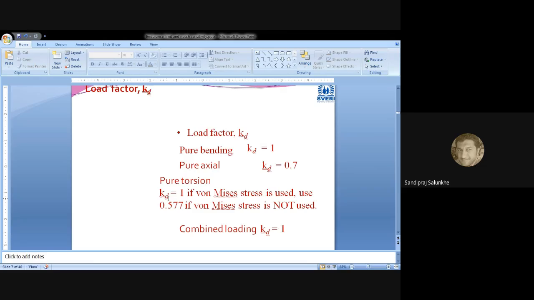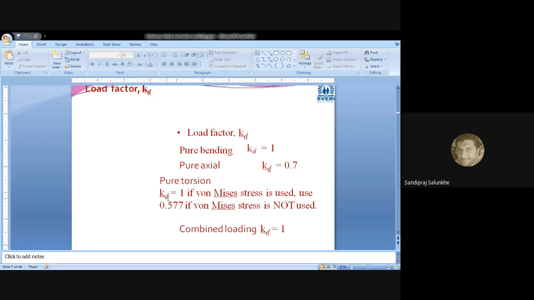Likewise, a big theory is developed by von Mises, and when the component is subjected to combined loading, at that time that theory is implemented. Even nowadays, the various analysis softwares which are used for calculation of the stresses, like ANSYS or LS-DYNA, in that case also, the separate stress can be calculated as von Mises stress by his theory, and that is called von Mises theory and von Mises stresses.